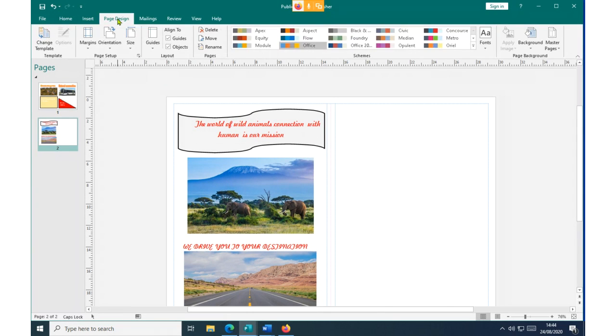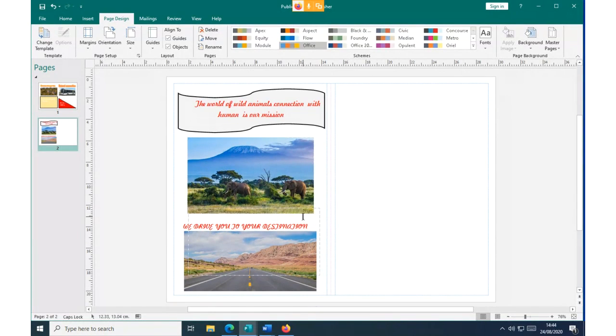But under design, there's something I want to talk about, what we call schemes. Under this page design, there's what we call schemes. When you design your page and you want to change some of the font scheme in terms of color that are existing, and majorly we talk about text boxes and the content, you can use what we call schemes. Schemes are actually already built-in formats in terms of color combinations that can affect your publication page when you pick them.